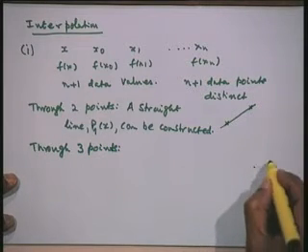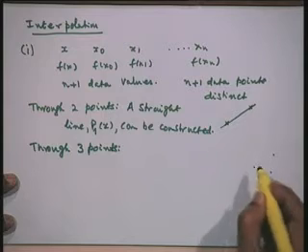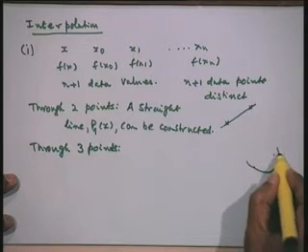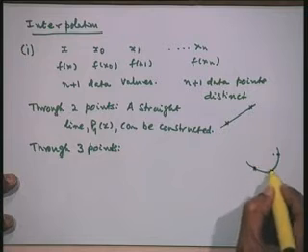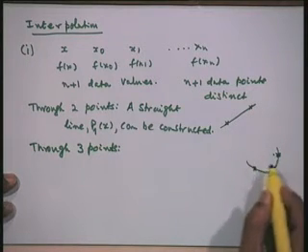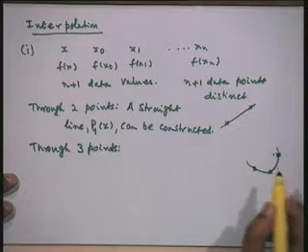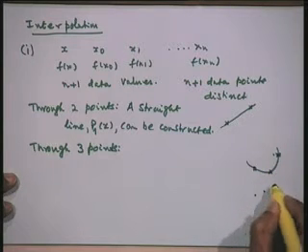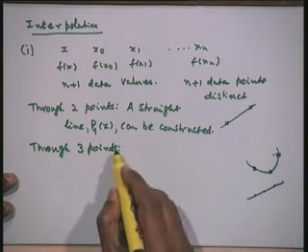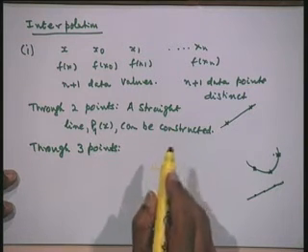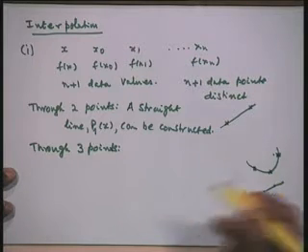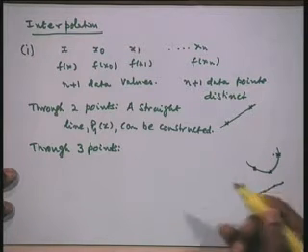Now, if I have 3 distinct points, I can try to pass a parabola through these 3 points. That means a polynomial of degree 2 can be constructed, even though there may be a degenerate case in which all the 3 points lie on a straight line. Therefore, through 3 points, a polynomial of degree less than or equal to 2 can always be constructed. The degenerate case is a straight line, otherwise we will have a second degree polynomial, that is a parabola.